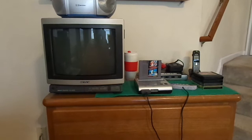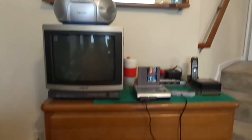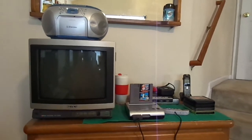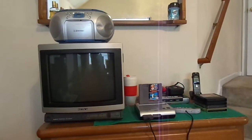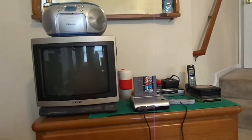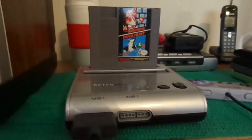A little tongue-tied today. My dresser drawer. That was my DOS system. Don't worry, everybody. I still have it. I just wasn't using it at the moment, so I decided to switch it around. What I have here now is my Retro Duo